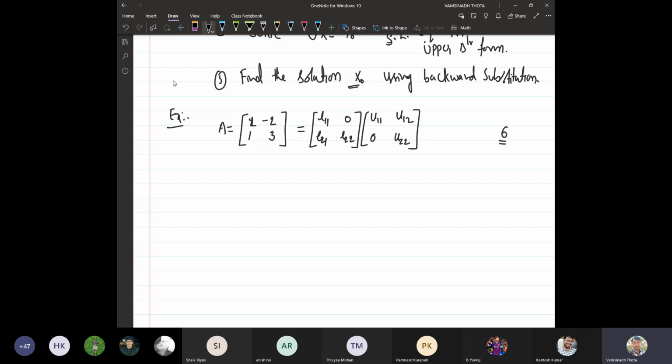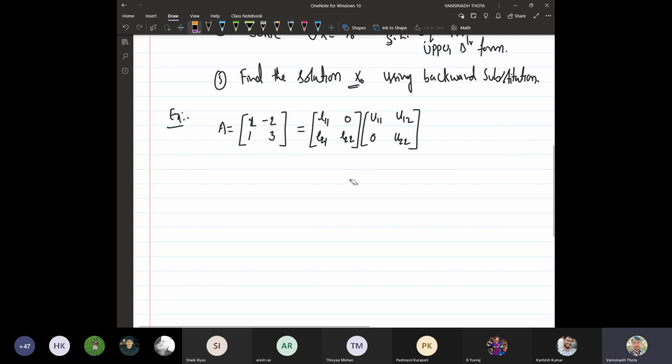If you multiply these two matrices and equate the respective terms, how many equations will we get? We will get only 4 equations. So we need to evaluate the 6 variables, but we have only 4 equations. So to avoid this difficulty,